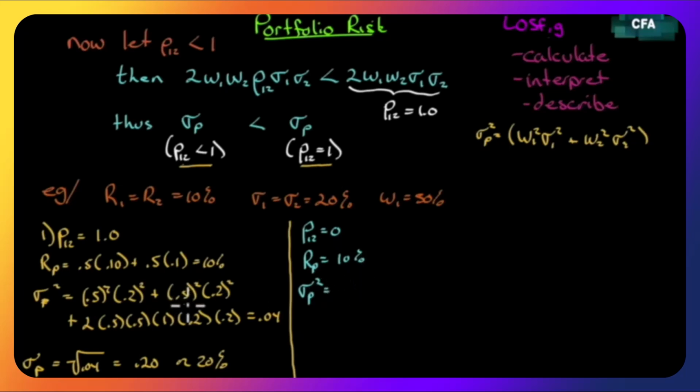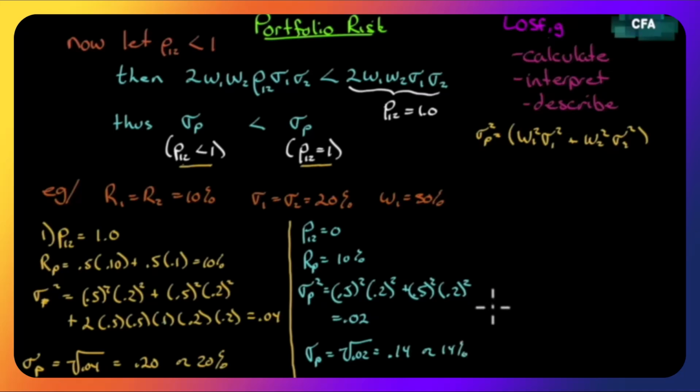If we look at the formula that we've done over here, notice that our 1 in here is our correlation. Here, this will turn to a 0. So this whole third term becomes a 0. So we really are only dealing with the first two terms here: 0.5 squared times 0.2 squared plus 0.5 squared times 0.2 squared. And we know that that is 0.02. You can do the math on that. You'll see it's 0.02. So the standard deviation is the square root of 0.02, which will equal 0.14 or